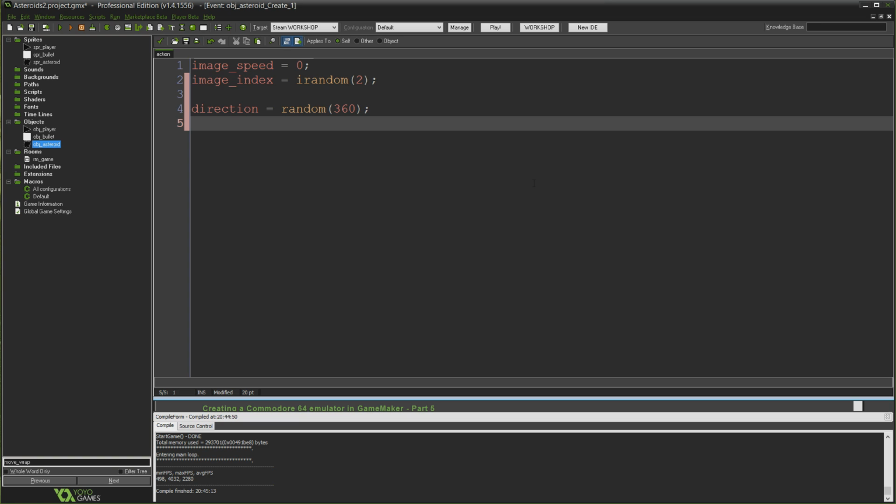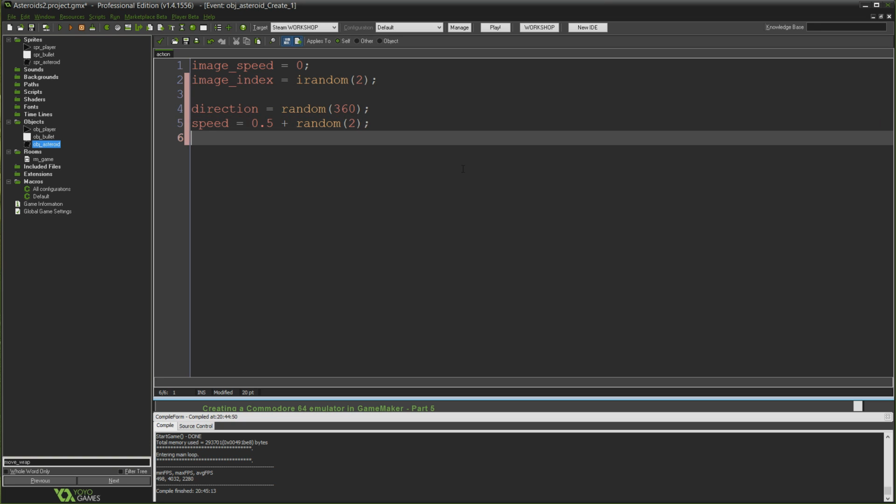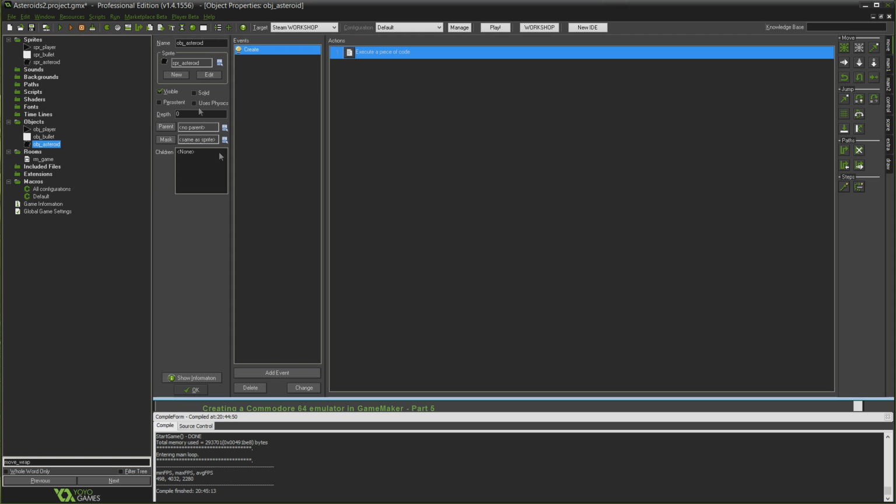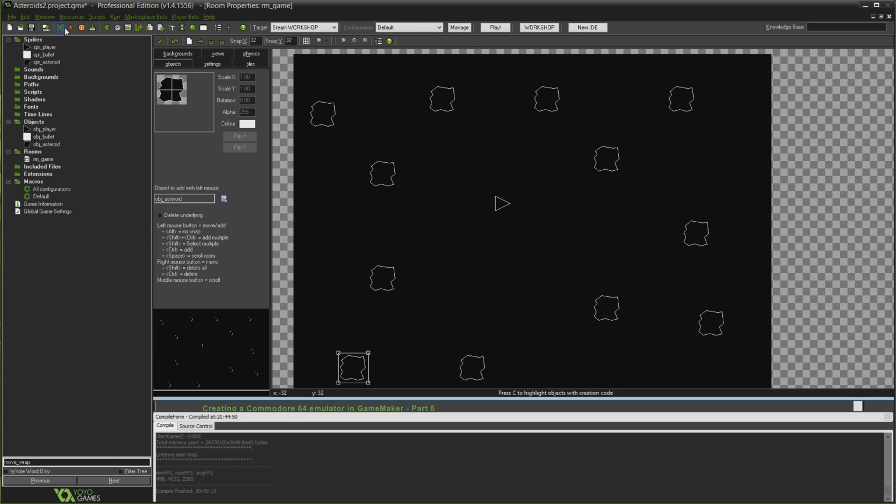And we're going to do the same thing with speed, turning red to equal, but because we don't want it to move at speed 0, we're going to give it a base speed of 0.5 in whatever random direction we've just set ourselves up with, plus random 2, okay? So it'll equal a random speed anywhere between 0.5 and 2.5, essentially. And that's that. So if I click the tick, click OK now, and I run that,